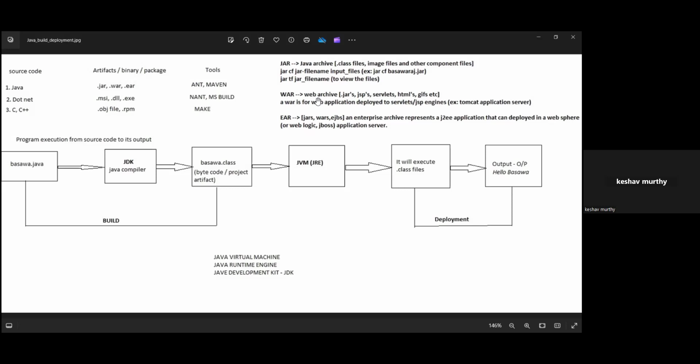Its standard file extension is .war. The file extension after creating the package is .war. The war file is for web applications. Remember this. Web application deployed to a servlet or